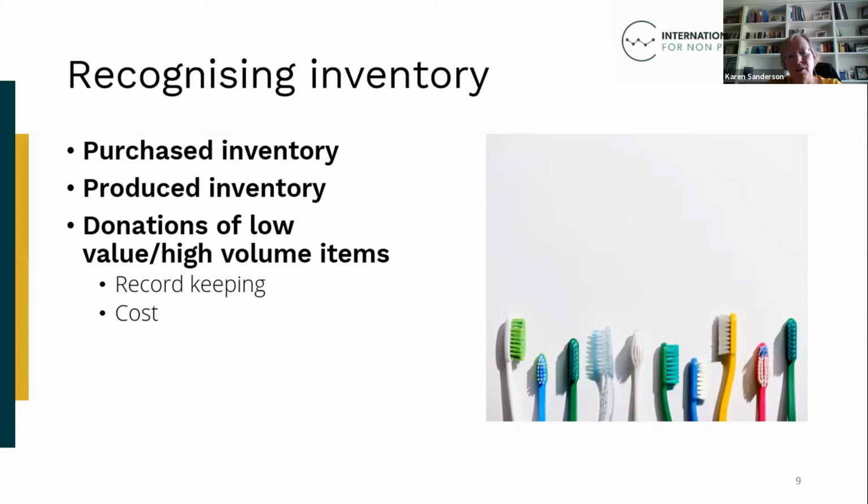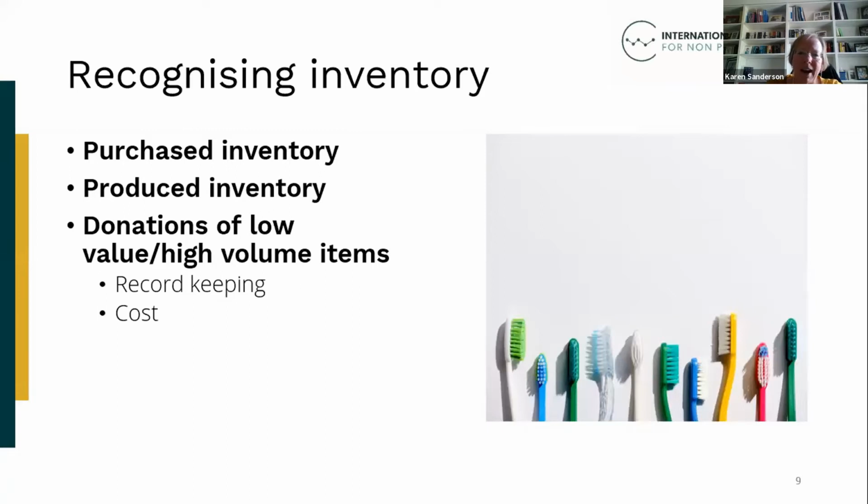But while there are no issues that are unique to NPOs for purchased inventory, there are issues for low value, high volume inventory and inventory held for onward distribution. For low value, high volume items, particularly those given for resale, such as items donated to raise funds that are sold through a shop, it may be impractical for an NPO to determine a reliable estimate. For these types of items, NPOs may not have suitable inventory recording or management systems to capture all of the items that have been donated.